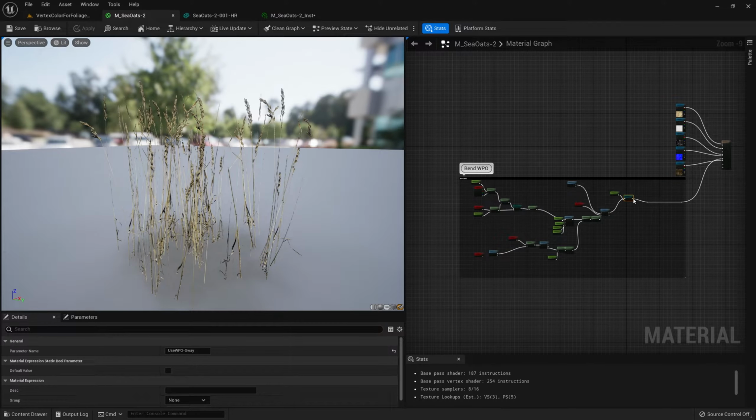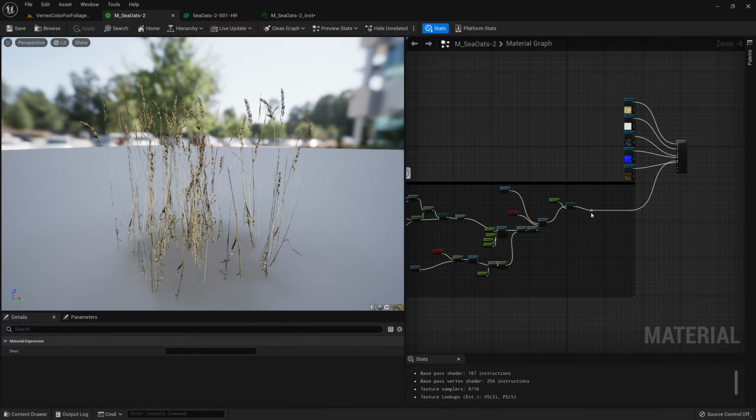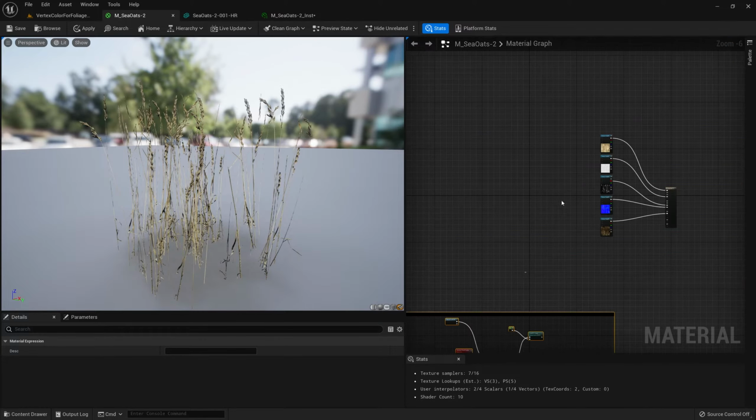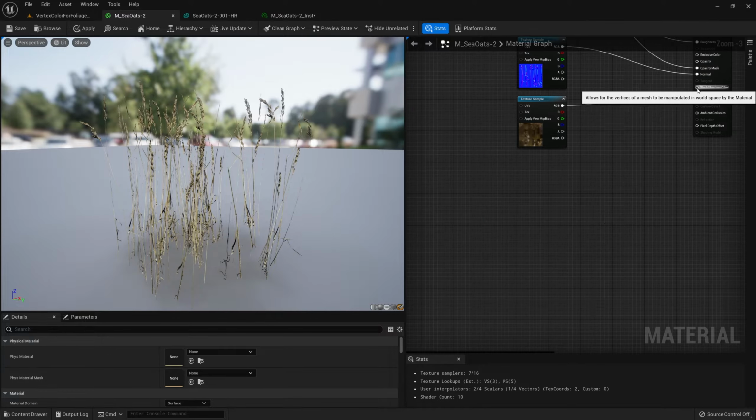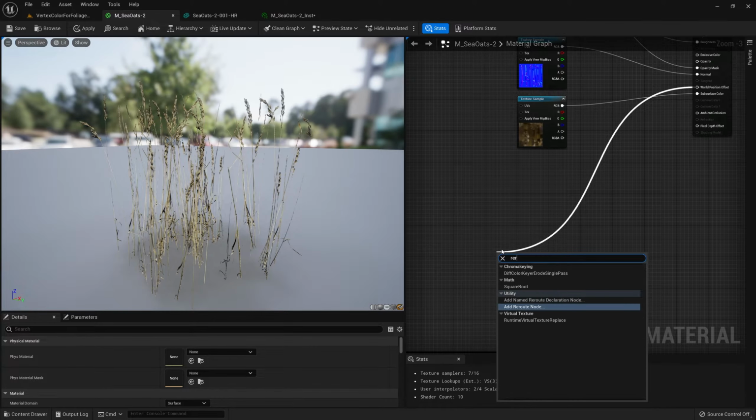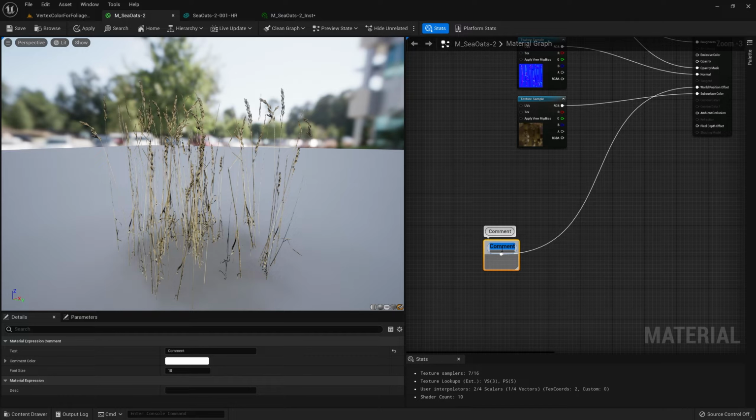and this is what the final result would look like, but I will just unplug that. Okay, so we'll start here. I just have a super simple material where I plugged in all the atlas maps. I'll start by just dragging out and creating a reroute node here. Press C to make a comment, and I will just write